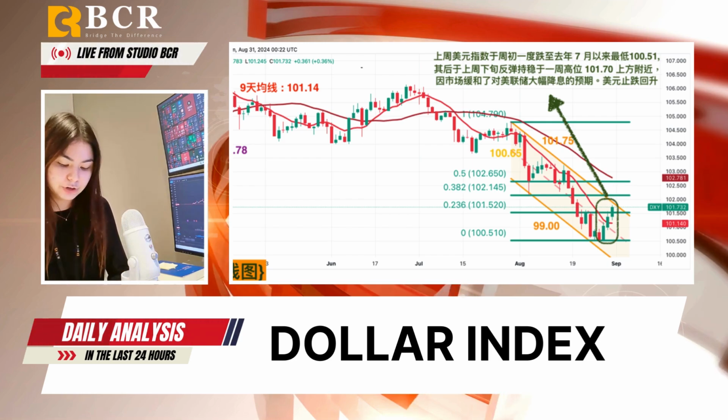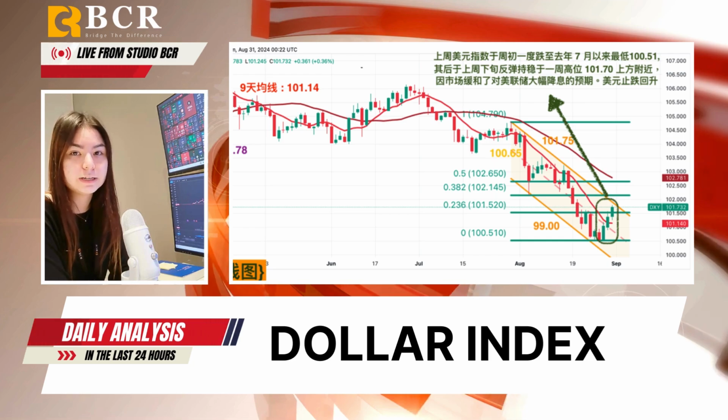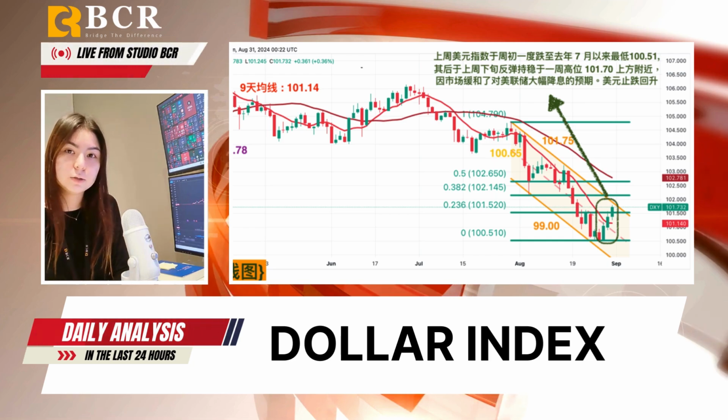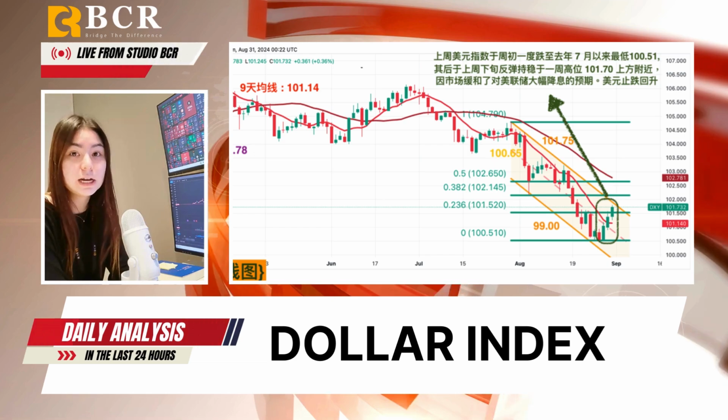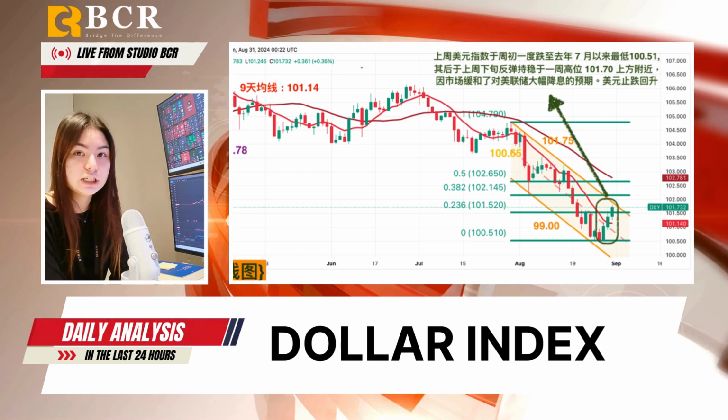And starting off with the US dollar, it fell to 100.51 early last week, the lowest since July of the previous year, but rebounded to 101.70 by the weekend as traders adjusted their expectations for sharp Fed rate cuts. The dollar ended a 5-week decline, supported by the positive US job market and GDP data, indicating a potential soft